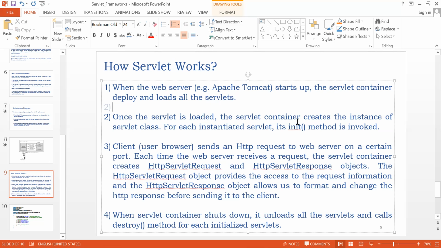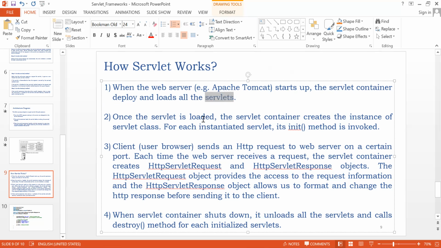So that's how it runs. But now in this case, a servlet should be run by a separate server, that is called a web server. For example, in Apache Tomcat, the servlet container deploys and loads all the servlets.